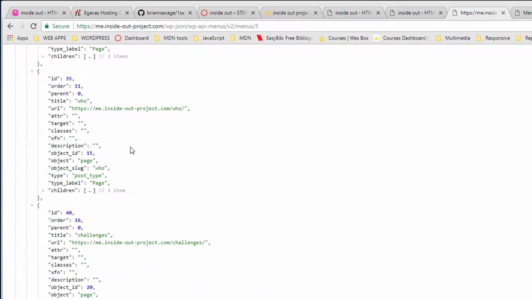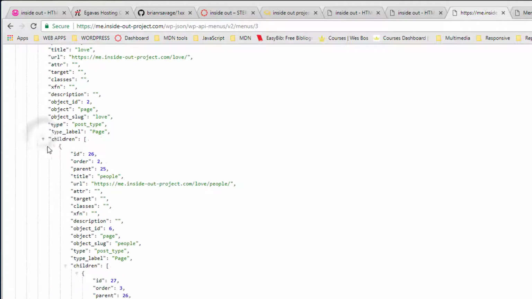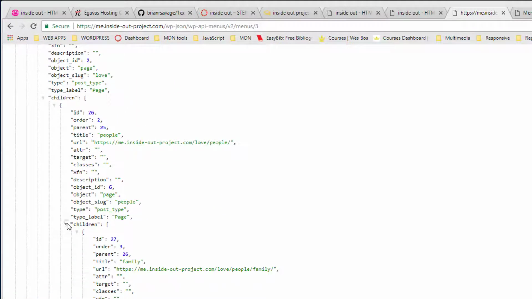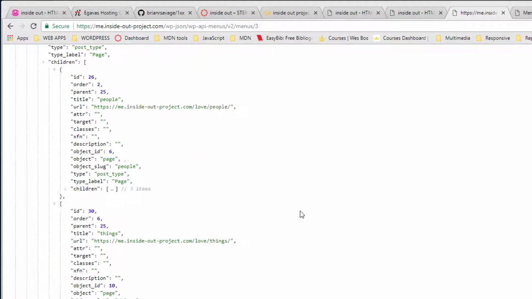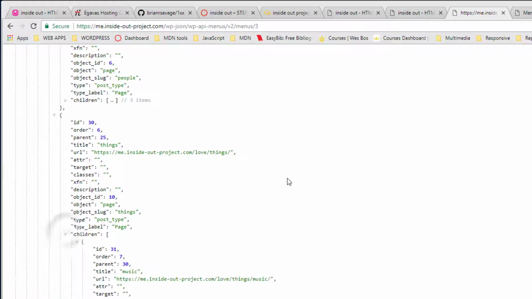So under love, if we go under love, here's our children, and there's people, and then here's things. And if we collapse to children, we can see exactly how the menu structure is, which is exactly why we're using this plugin. It makes it so much easier for us because we don't have to rearrange data and information to make it work. So the first thing that we want to do,